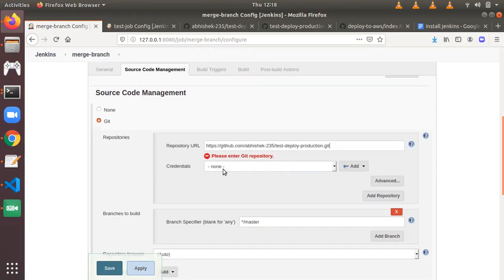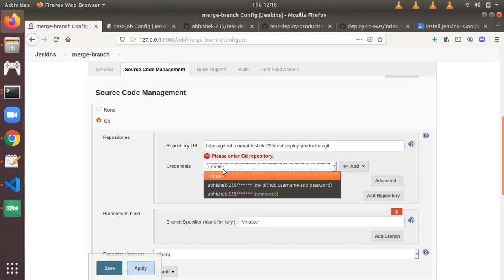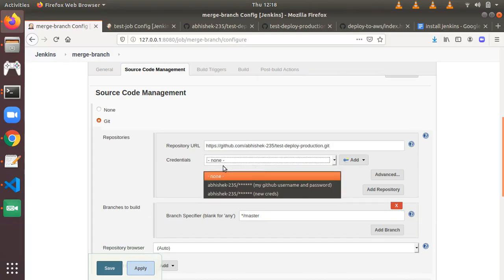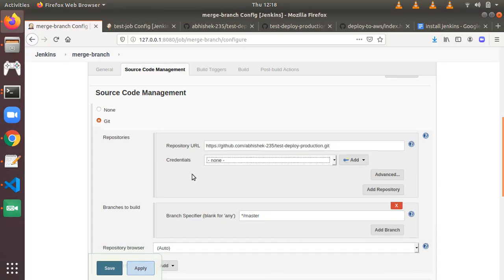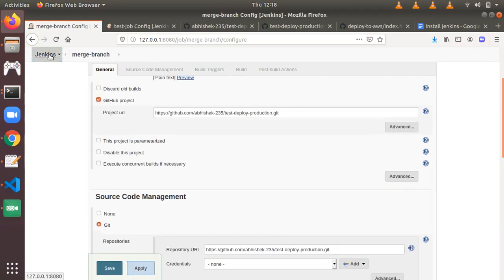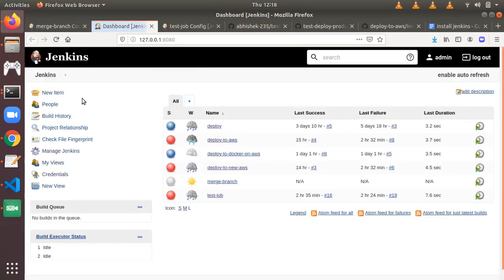We have to provide the git username and password here. It is used to pull or push or make any changes on that. You can add it here. Or let me show you another way. Go to dashboard, credentials,